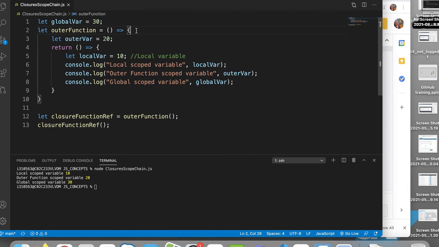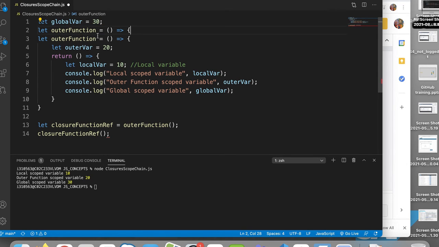Now here we have only one outer function, but suppose there are use cases where you might be wrapping your closure function two levels up or three, like multiple levels of outer functions. So let's wrap this with one more outer function, like outer function 1, I'm just giving that as an example, and let's close this.